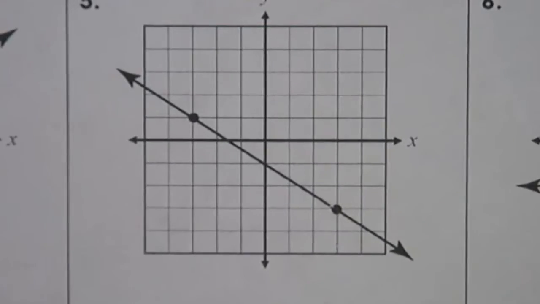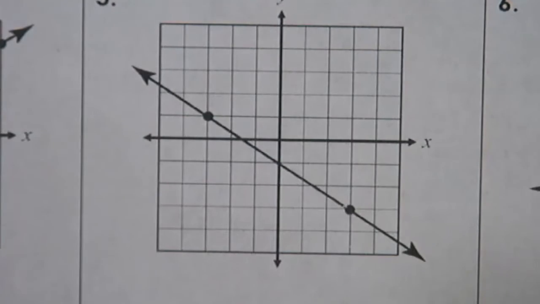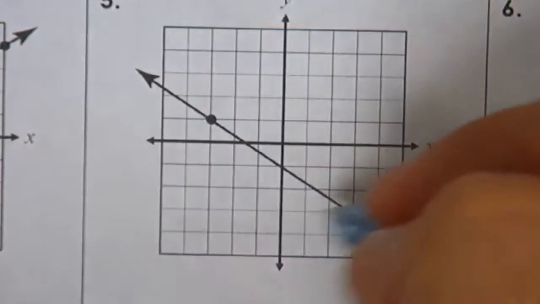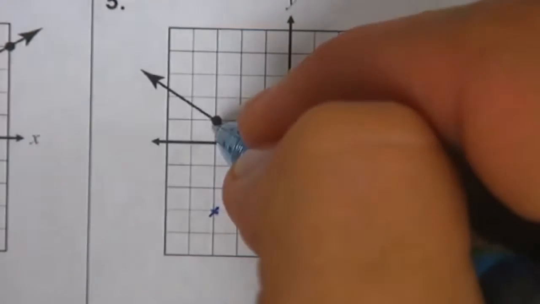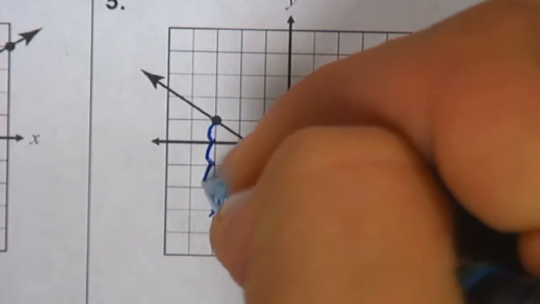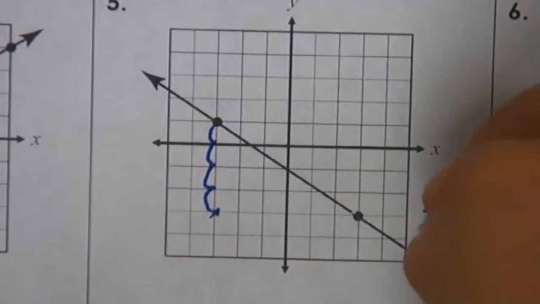Looking at this one, this one is definitely negative, and we're going to start from the left and count until we get to a nice little right angle point, which is right there. So down 1, 2, 3, 4. So down 4. And then I'm going to put that over,